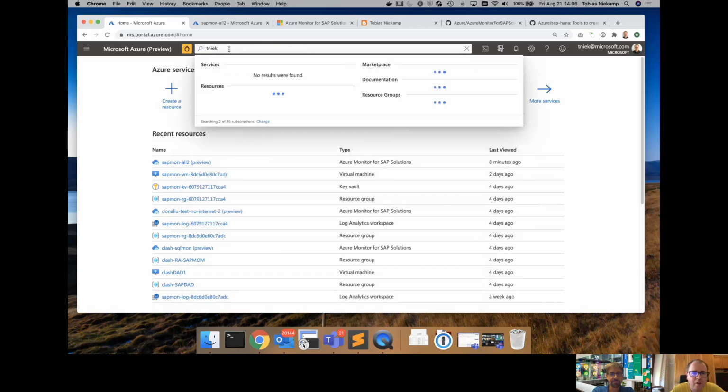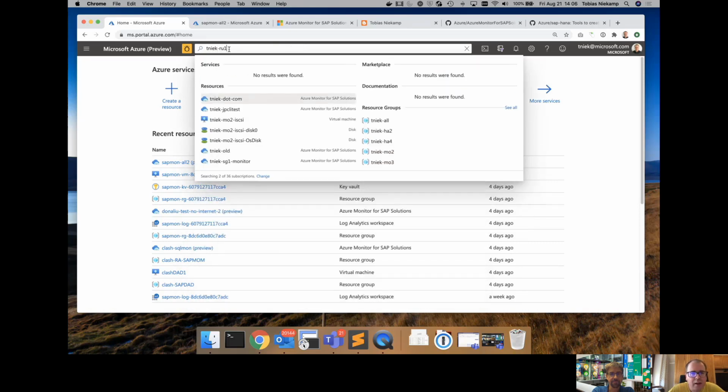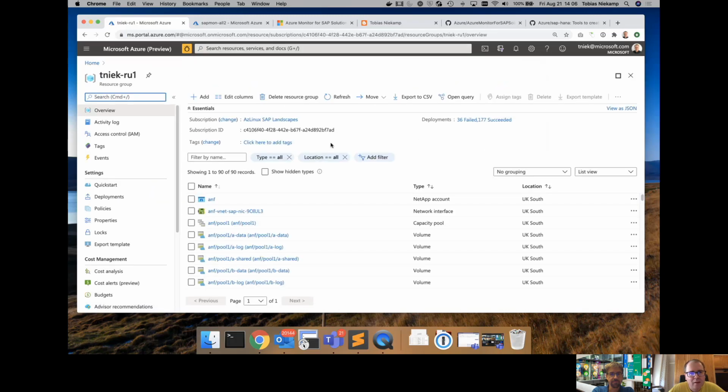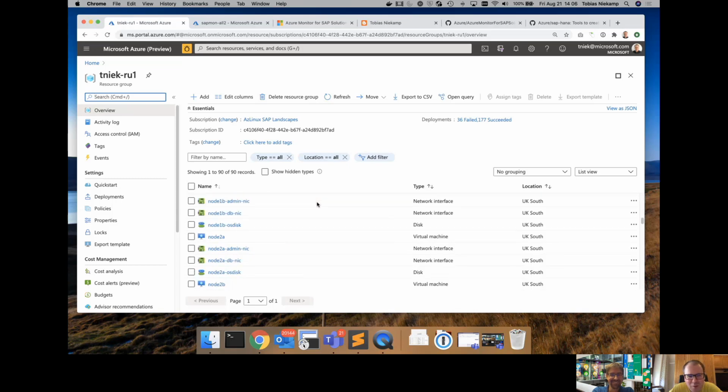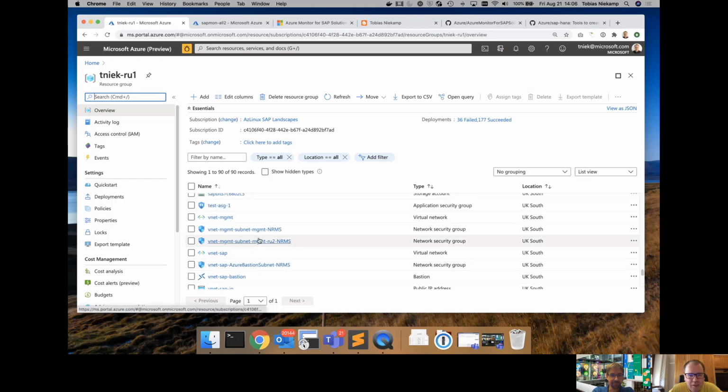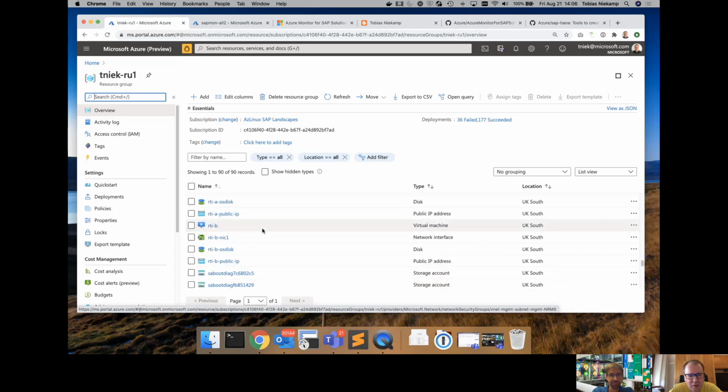For that purpose, I built up a scale-out system, actually using the automated deployment templates that we have. I hate doing manual tasks, so the deployment script sets up the whole thing, including jump boxes that have HANA Studio installed on top of them. It makes it really easy.